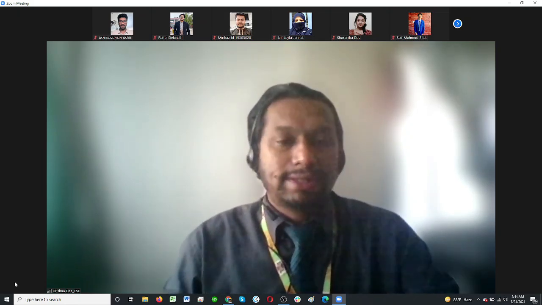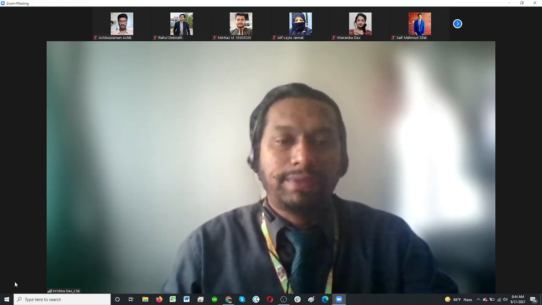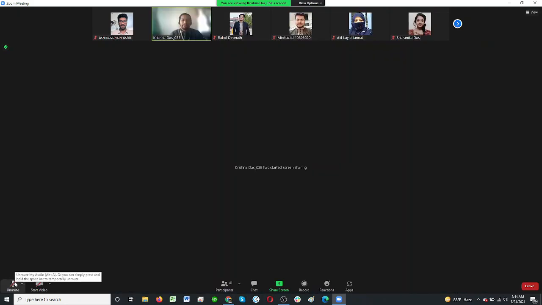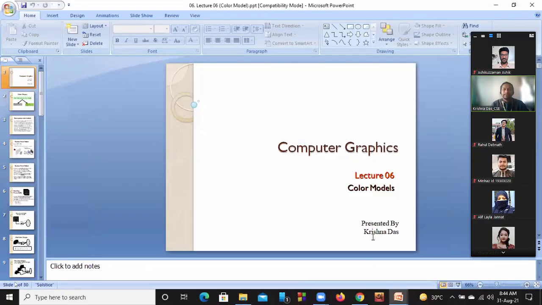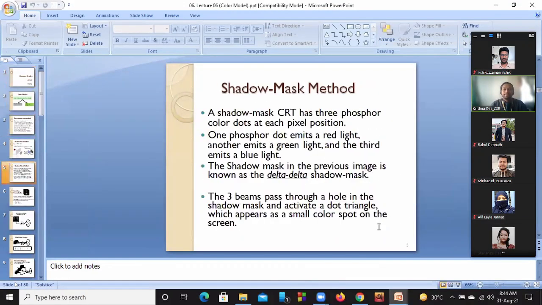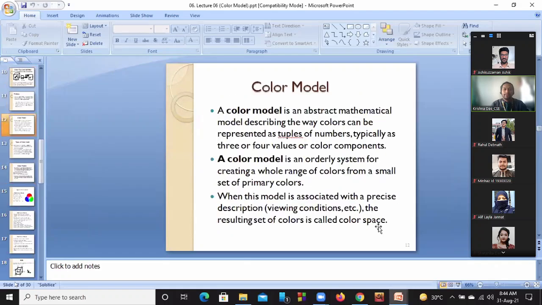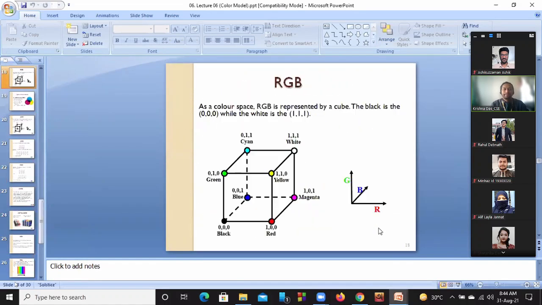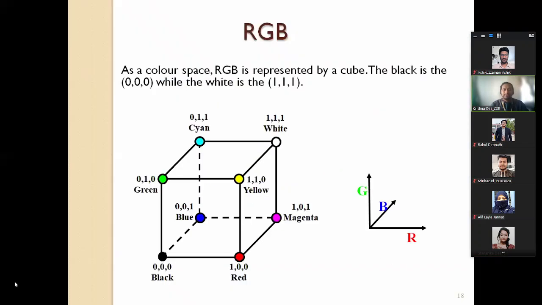Anyway, let us go with our last discussion about the color model that we had. If anyone can tell, how far have we done? We are discussing the RGB model, right? Yes, sir, we have discussed it.